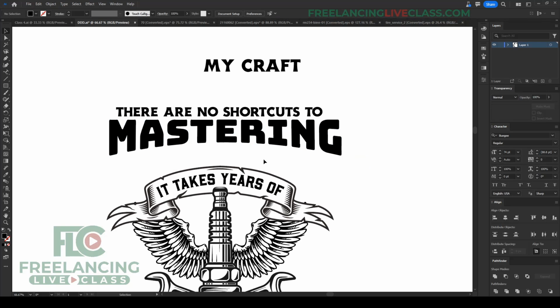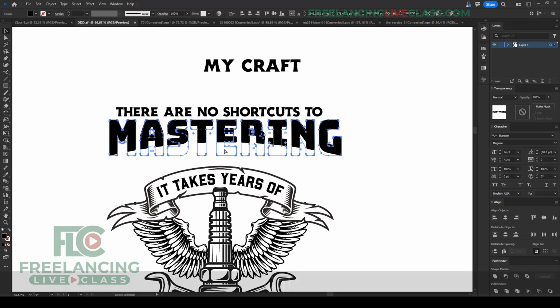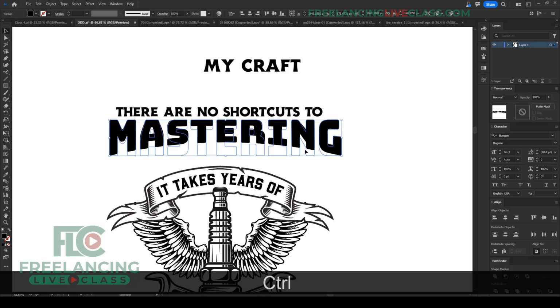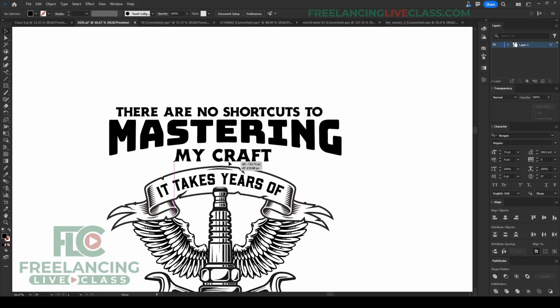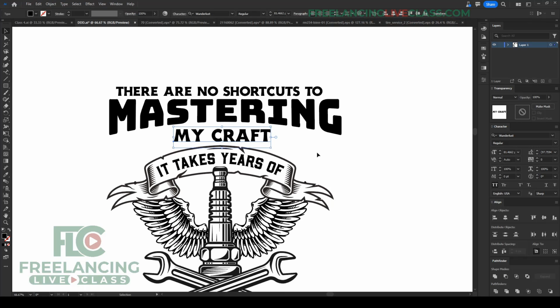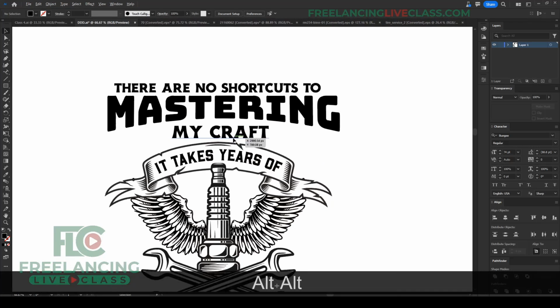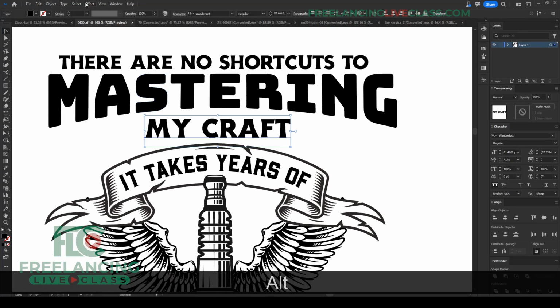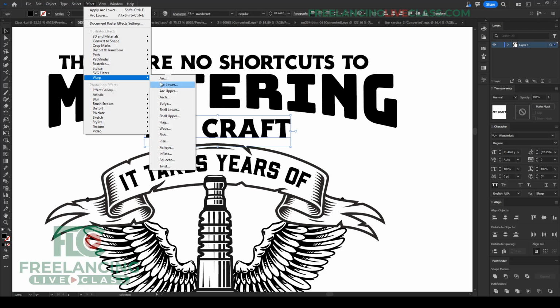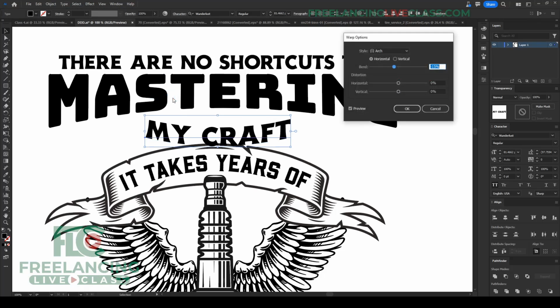So as you can see, now I have a little bit more space than how it was before. So I'm going to select this one and expand it. So now I can simply place my text here, my craft. Okay, so maybe I have this area here. So let's go to wrap again. Then I'm going to place arch effect on my craft,